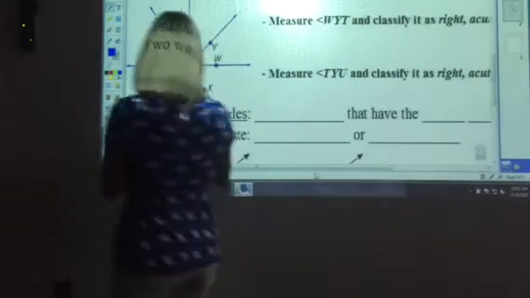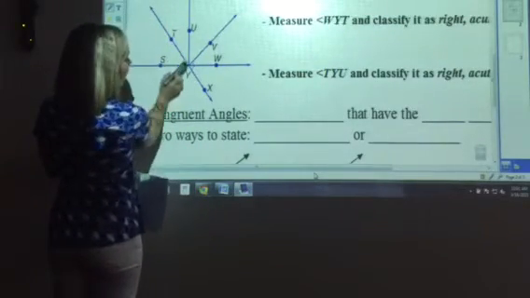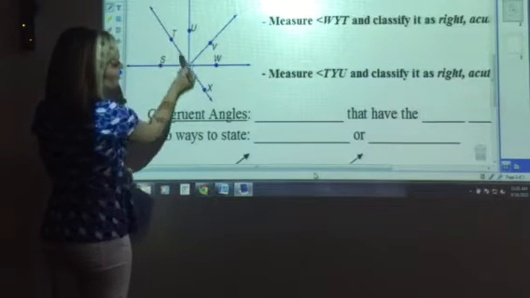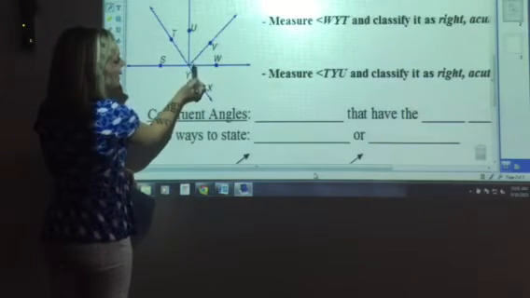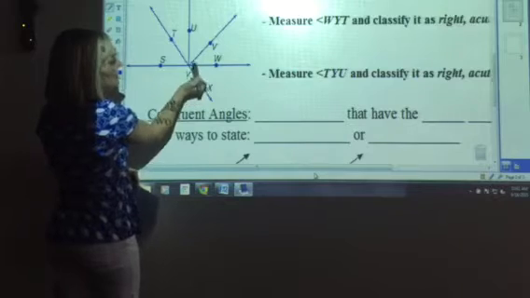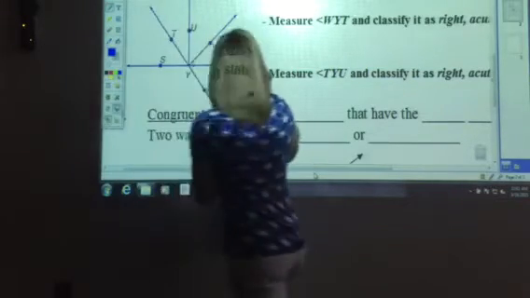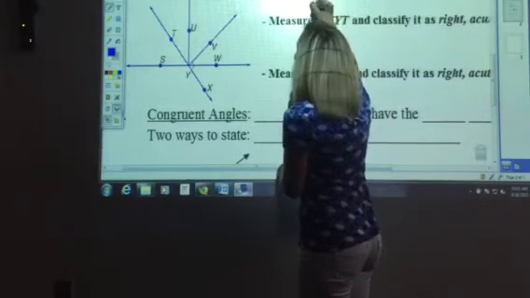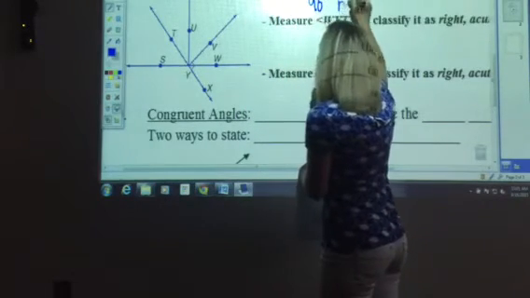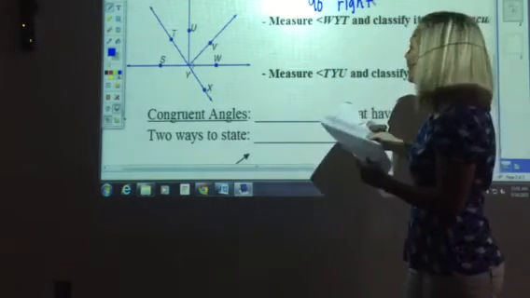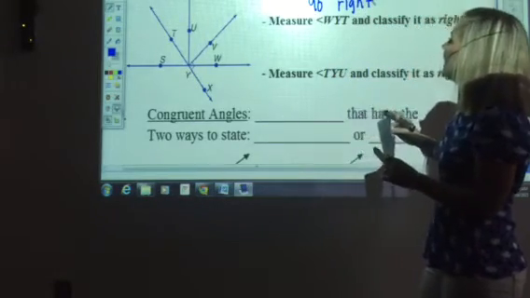Measure T, Y, V is actually, notice this is a straight line. If this is 90 degrees on the right side, then that means that this one also has to be 90 degrees. So actually TYV is also 90 degrees, and so it will be a right angle. Okay, in class we'll actually get our protractor out and measure it. And then